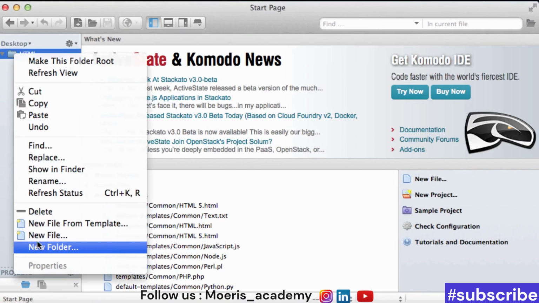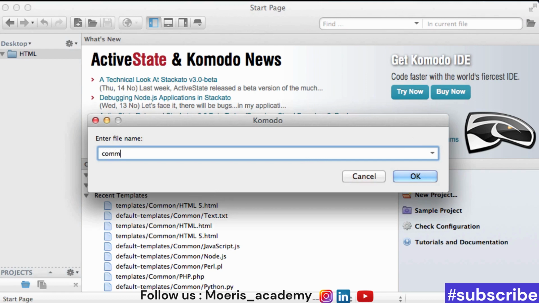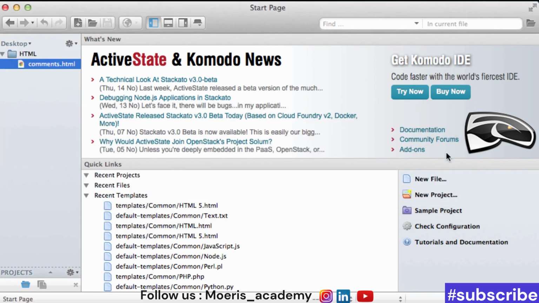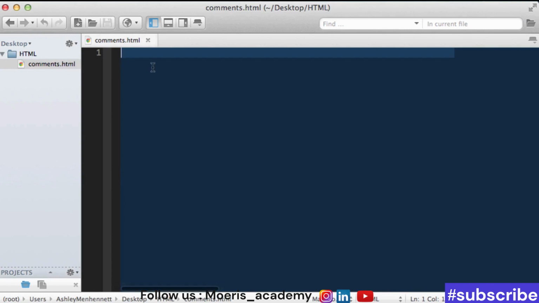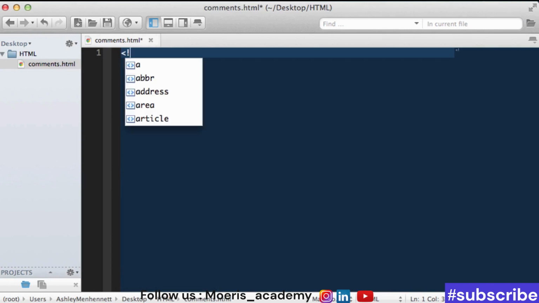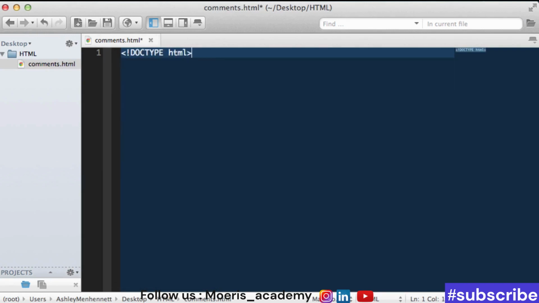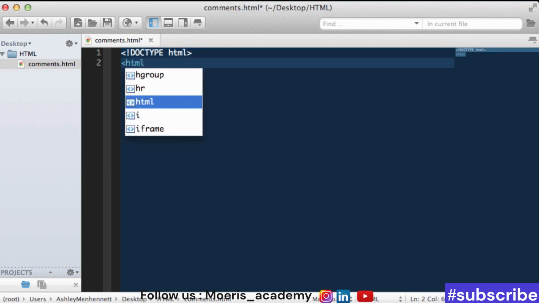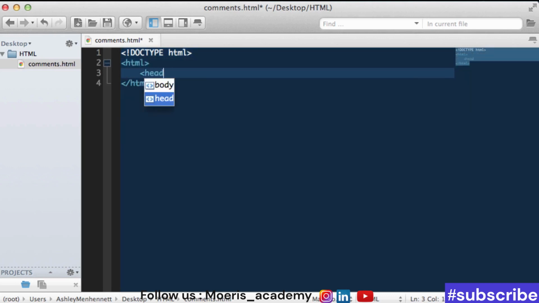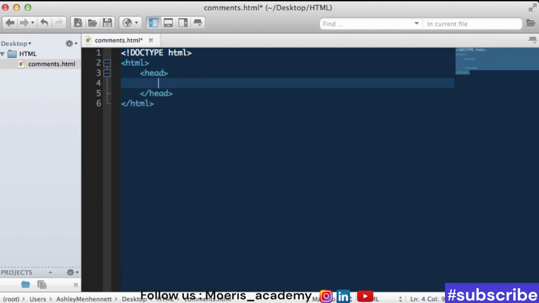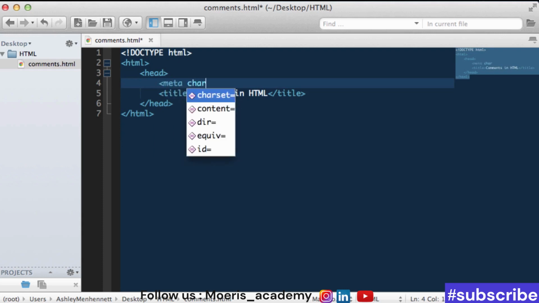So let's create a new HTML file, and we'll call this comments.html. Double click on it and create our document structure. Doctype, HTML, our opening and closing HTML tags, our opening and closing head, the title, we'll call this comments in HTML, and don't forget our meta tag, declaring our character set or our character encoding, UTF-8,